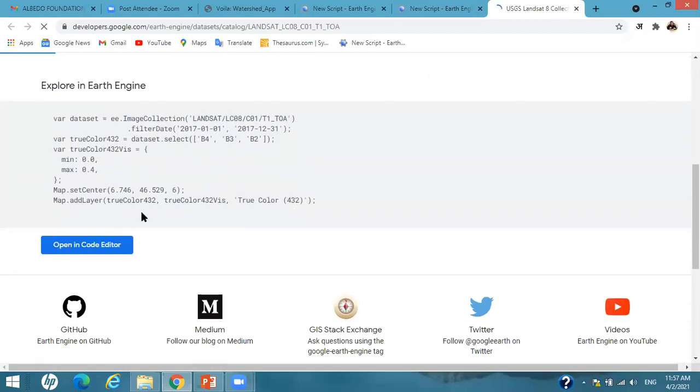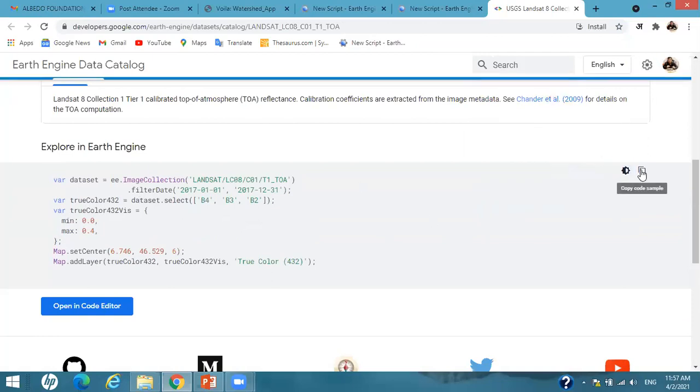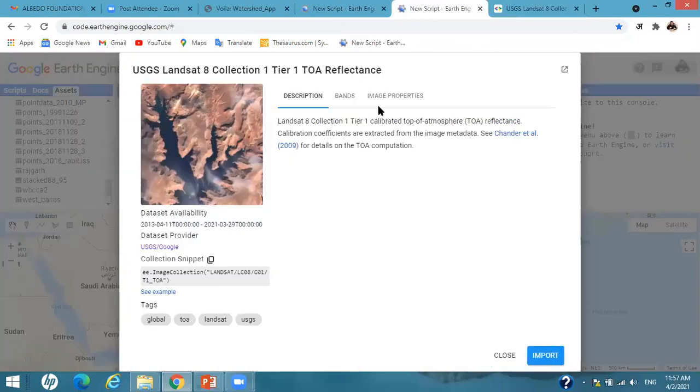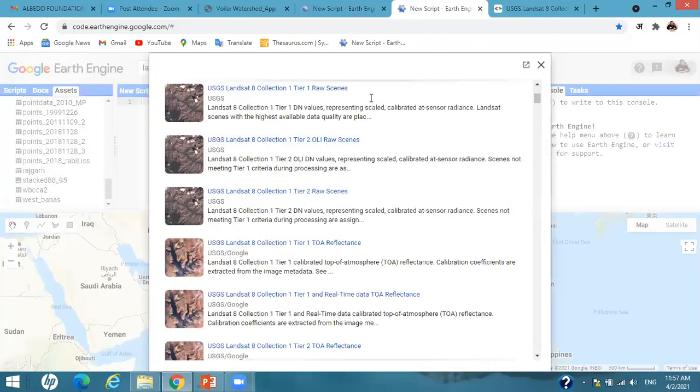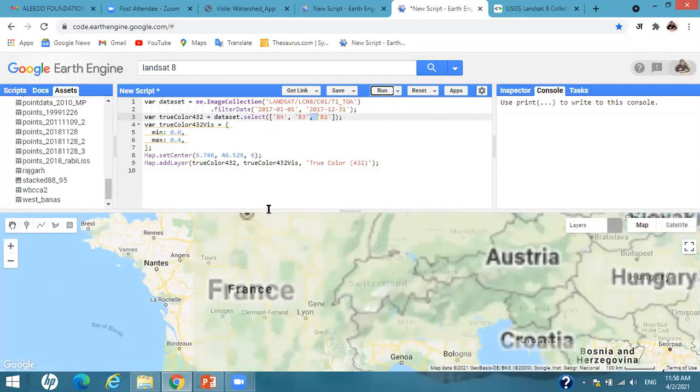Okay, so it will show you a small code to display the data set. I just click on this copy and paste it in my script panel. What we are doing is calling the Landsat 8 image from January 2017 to December 2017, and I'm just selecting bands 4, 3, and 2. By just clicking run, I am able to visualize